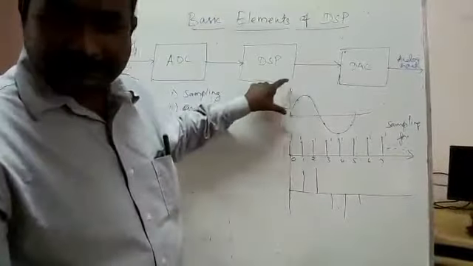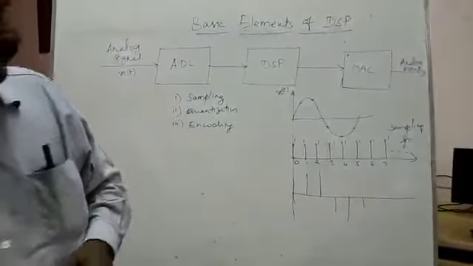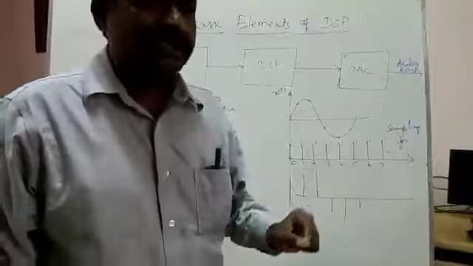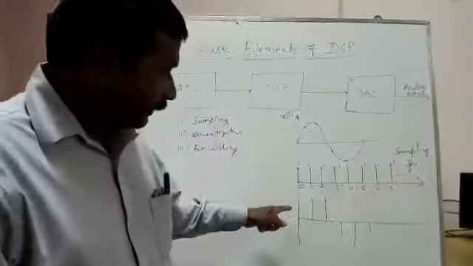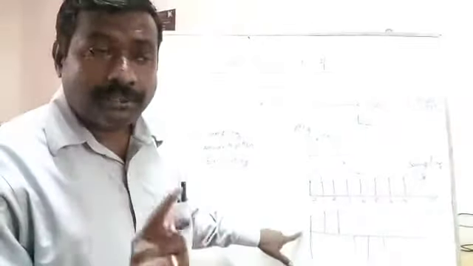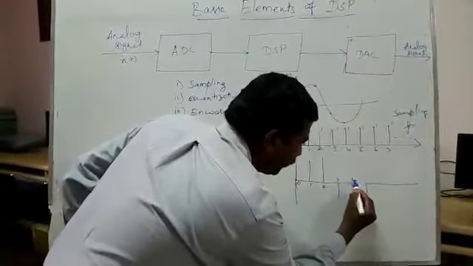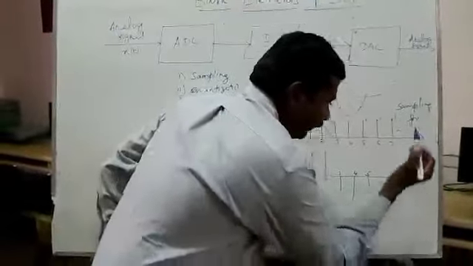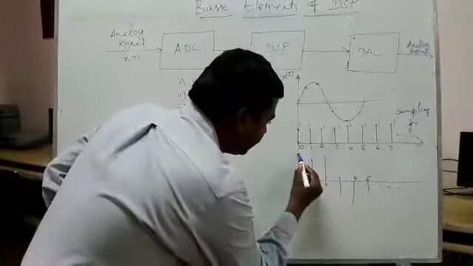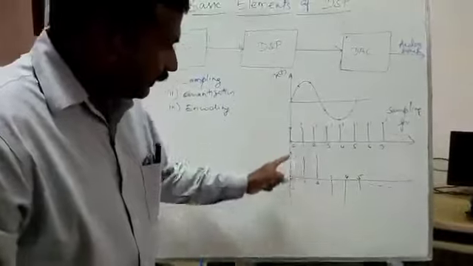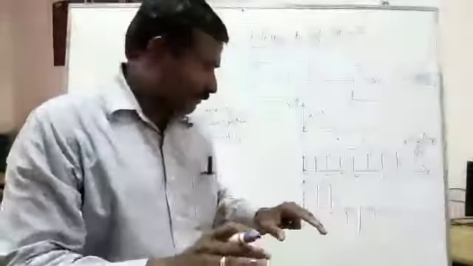So this is the analog signal. This is defined at any instant of time. We know the analog signal is otherwise known as continuous time signal. This is defined at any instant of time, even at the fractional time interval. But for the discrete time signal, the amplitude is defined only at the integer time intervals, at 0, at 1, at 2, 3, at n equal to 4, at n equal to 5, and so on. So this is the analog signal, this is the discrete time signal. Here the signal is discretized in time. That means we define the amplitude at discrete time intervals only.